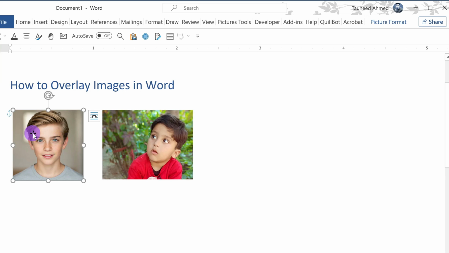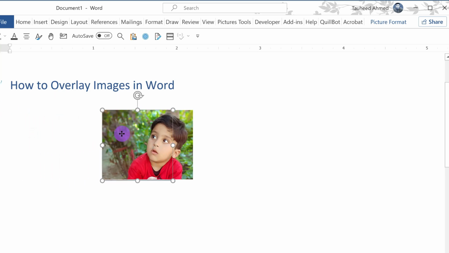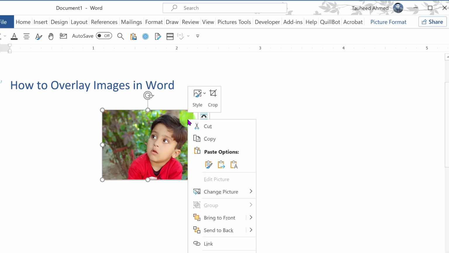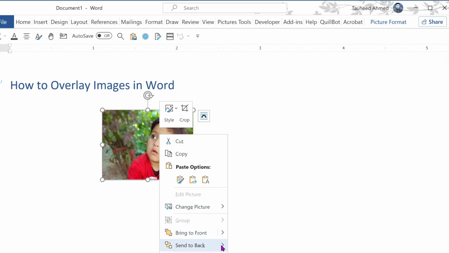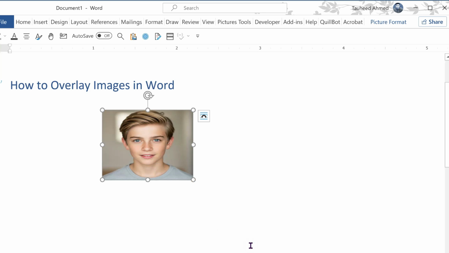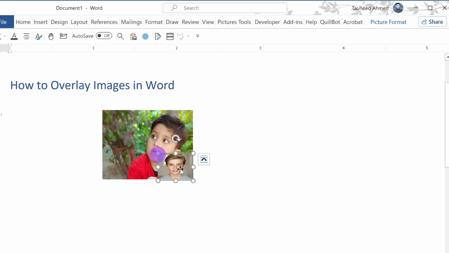Now if you want to place this image onto another image like this one, you can do that, and right click and click on Bring to Front or even click on Send to Back. If you want to bring to front, you need to click on that, and if you want to send to back, you can click Send to Back like this one. You can resize it and place it over here,